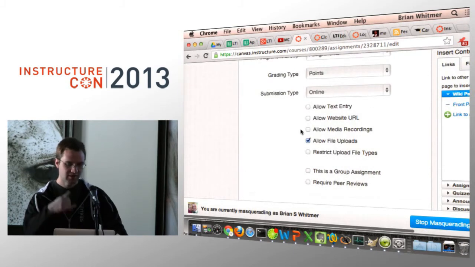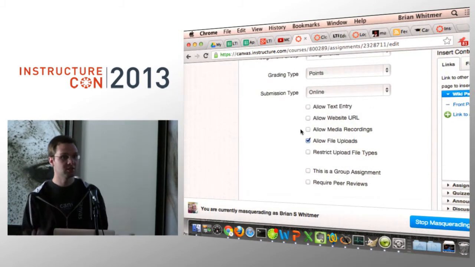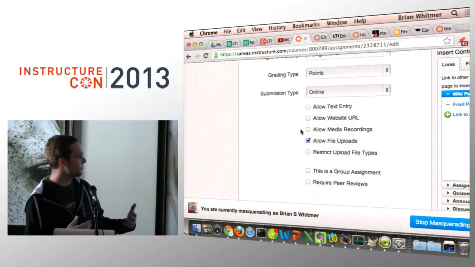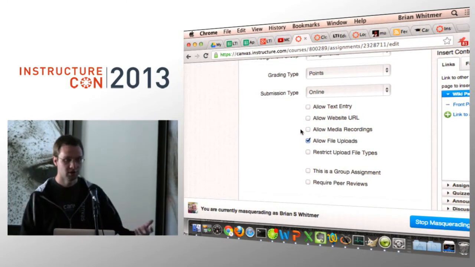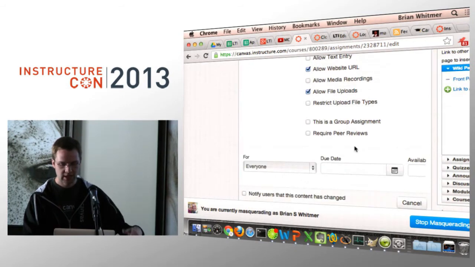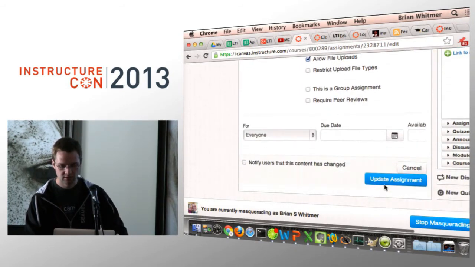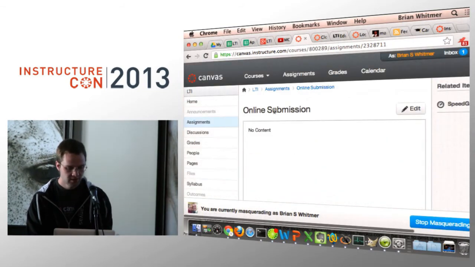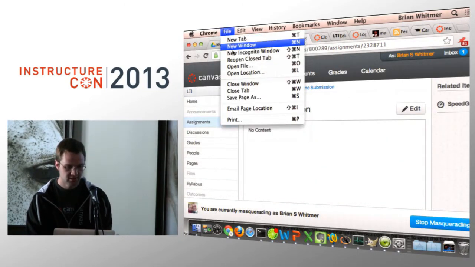So I've enabled this to be an online submission so that the student can submit files, upload files like a paper or something like that. Or we can also enable website URLs. And we've created an LTI extension for Canvas that allows students to take advantage of this. So now if I log in as a student,